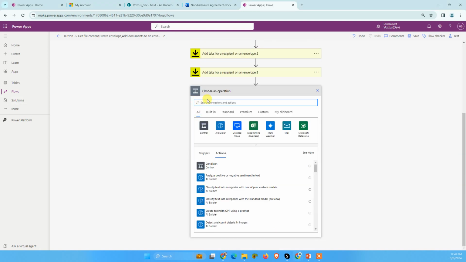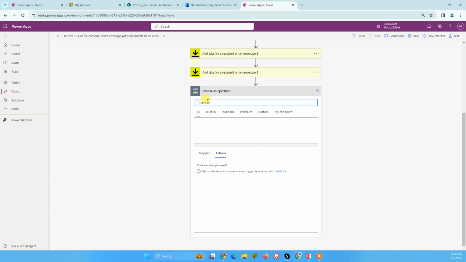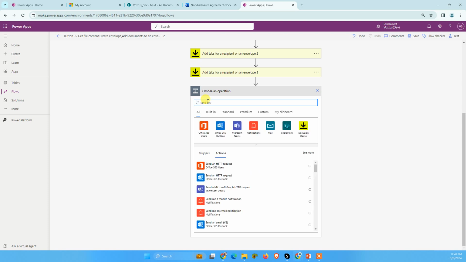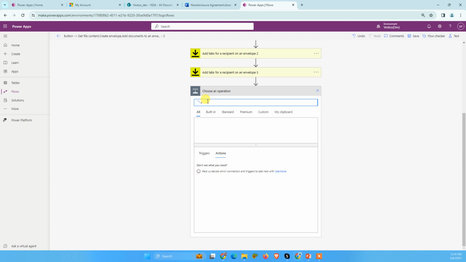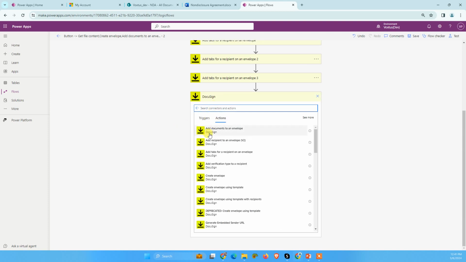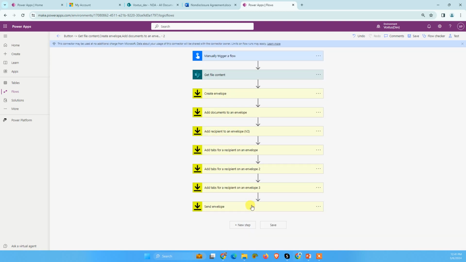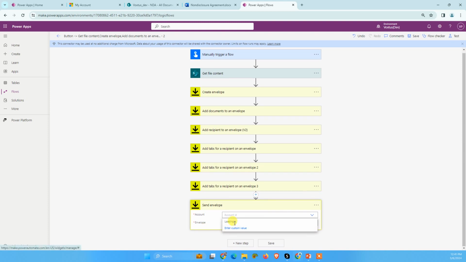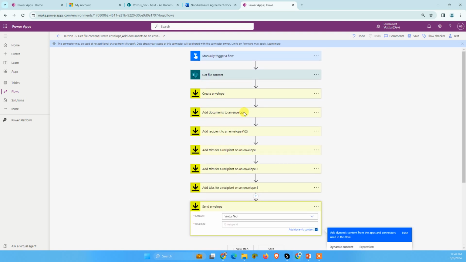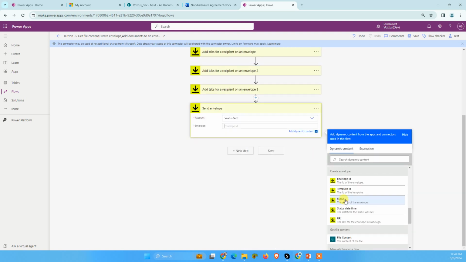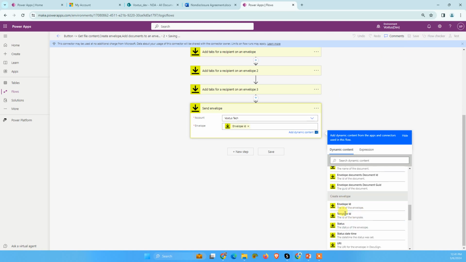And the last one, send envelope. Just search DocuSign here again if you're not getting it, and then search send envelope, right? And account ID, from account ID. Okay, and envelope would be our create envelope, create envelope ID. Now I'm going to save this one